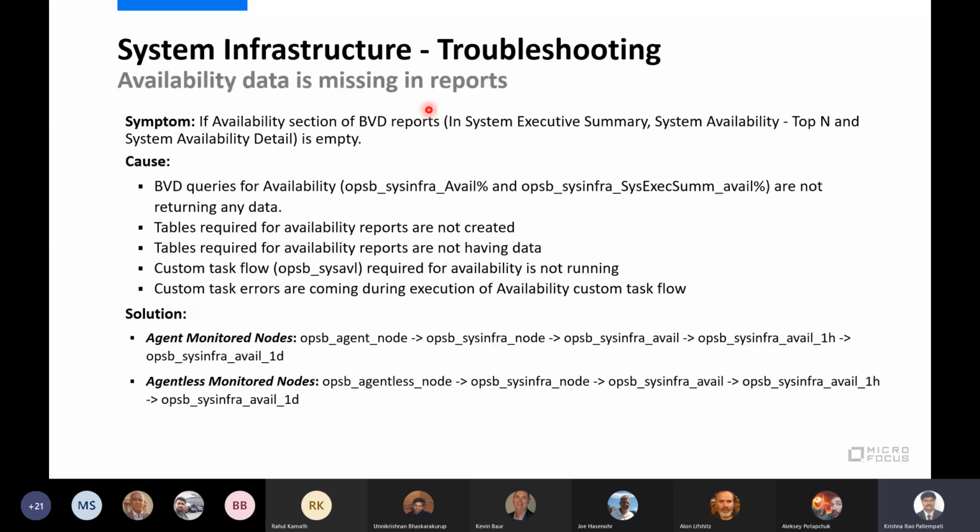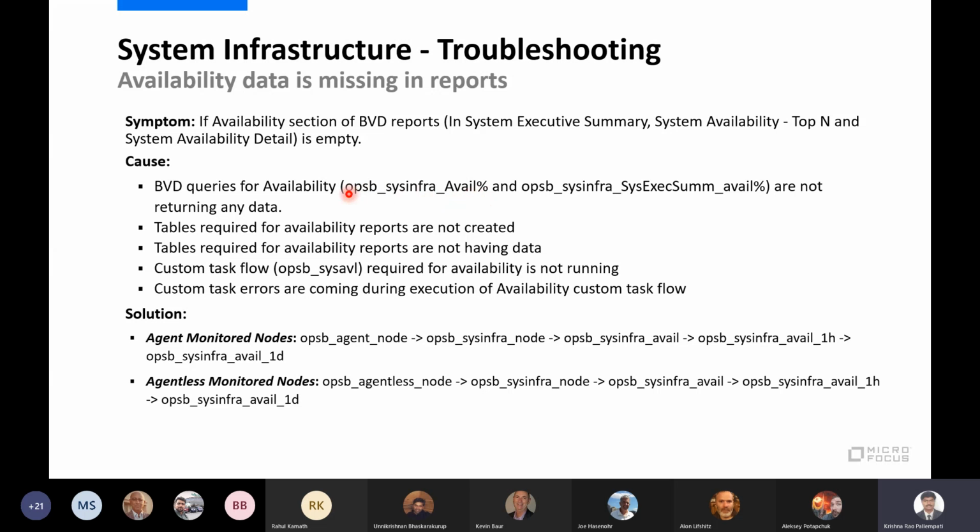So for example, availability data is missing in a report. What to do? Now, as I explained, take the BVD queries. In the BVD queries it's clear, it's explained like this: you can open that BVD file, the BVD report, and edit it.